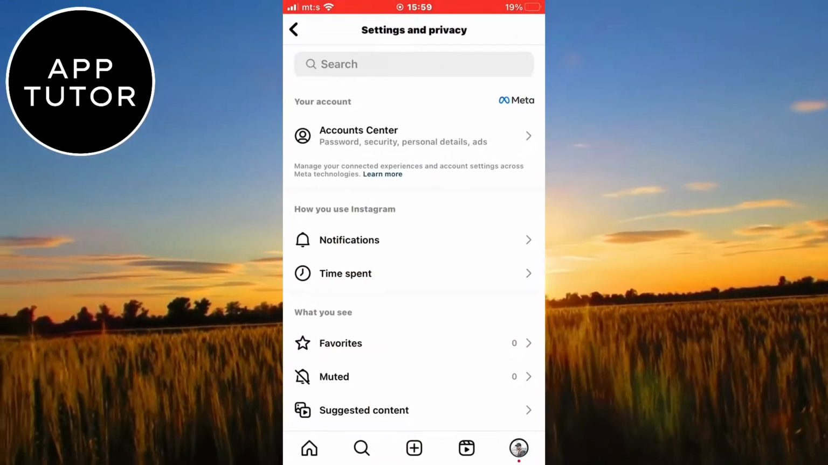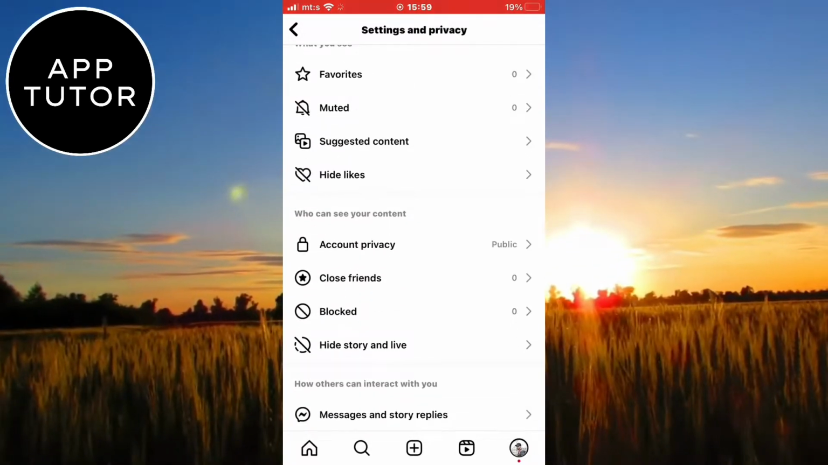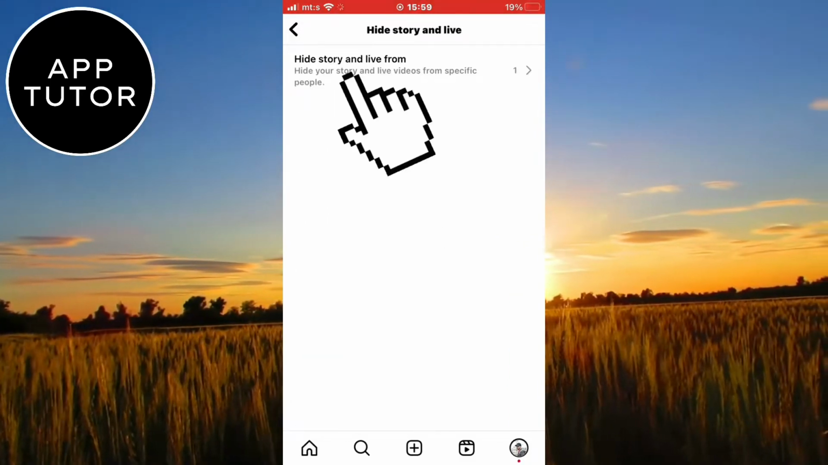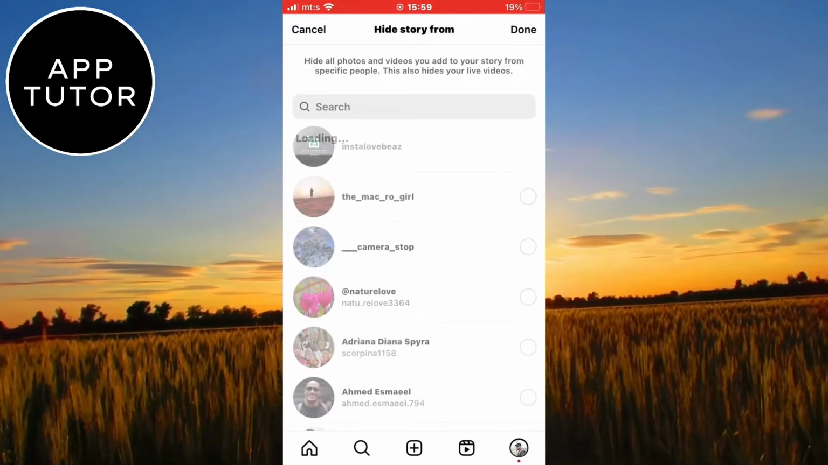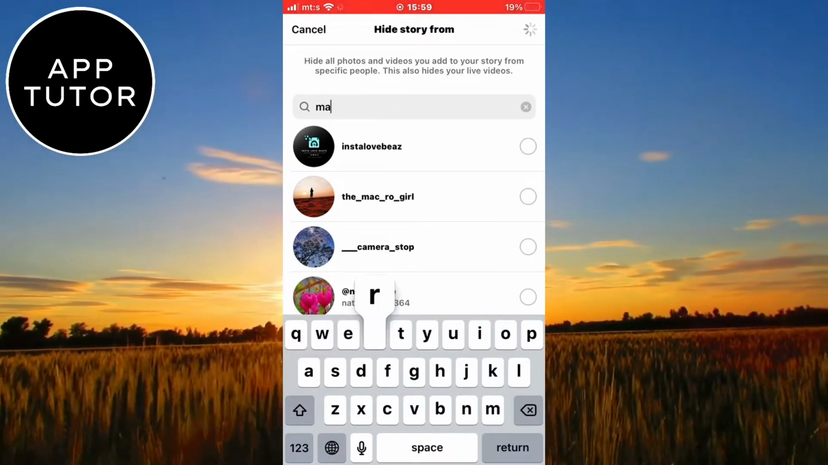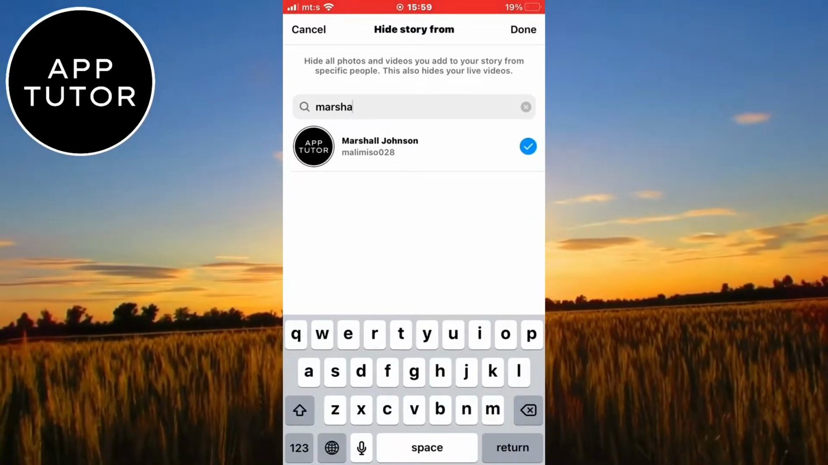When you are on this page, scroll a little bit down until you can see the Who Can See Your Content section and then tap on the Hide Story and Live. Then here one more time. And now just select an account from which you want to hide your Instagram story. I'll hide it from this account, and now this person won't be able to see my Instagram stories because they